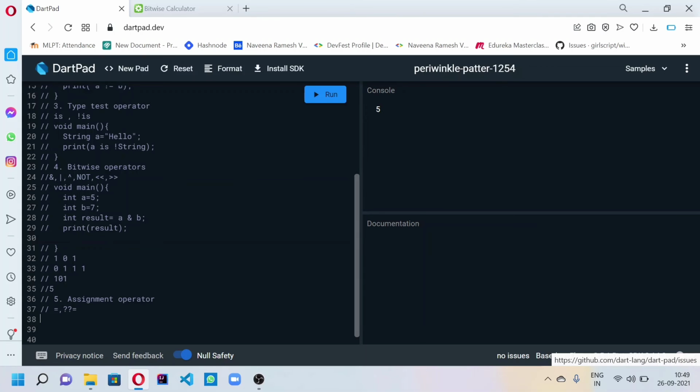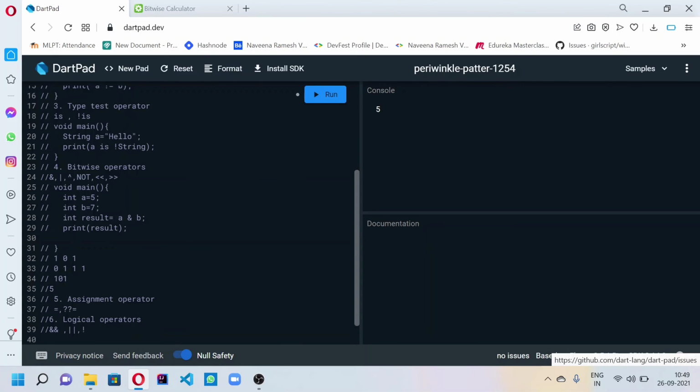Now we'll see about logical operators. Logical operators are what you learn in your studies like logic gates. We have double and, double or, and not operator. Logical and will check, like, if A is equal to 10 and B is equal to 10, do this operation. Only if both conditions are true will it go inside this operation. Similarly with or, if one is true, it will go inside the operation. Not gives the reverse value. If it is true, it will give false. If it is false, it will give true.